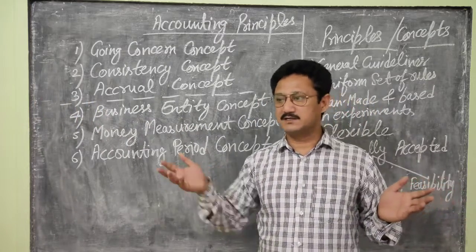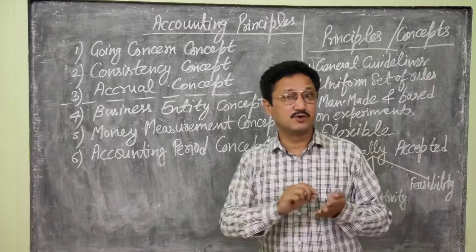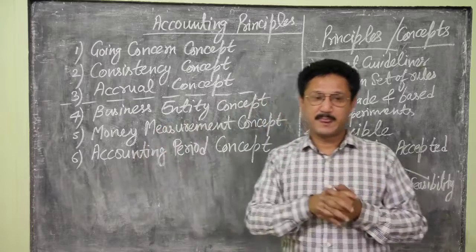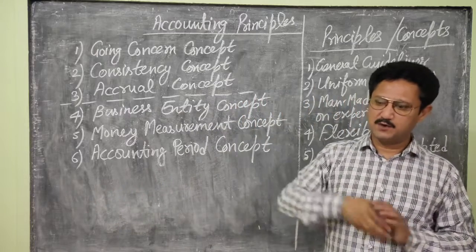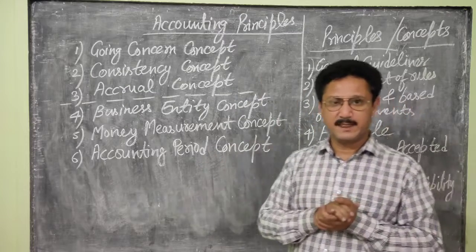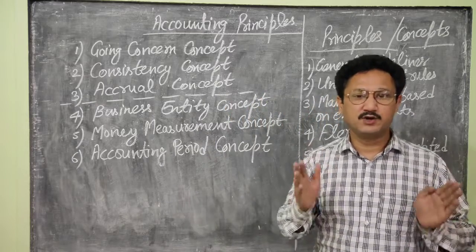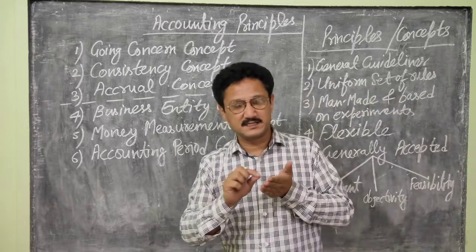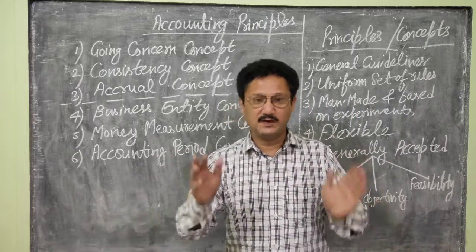Qualitative means a person is very punctual, a person is very honest, right? It need not be recorded in the books of account. But how much he has worked for the firm, how much he has benefited the firm, that has to be recorded. How much sales he has made, how much target he has achieved, how much we have paid him, how much is to be paid. All these things will be recorded. A business transaction will be recorded. But all those transactions which cannot be measured in terms of money will not be recorded in the books of account. This is money measurement concept. Only economic transactions which bring a change in assets, liabilities or capital of the firm will be recorded in the books